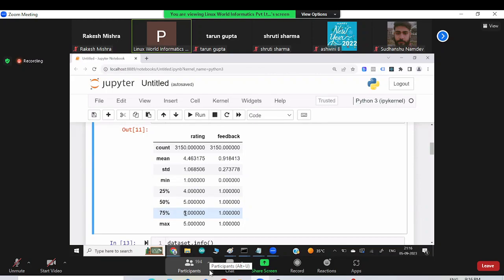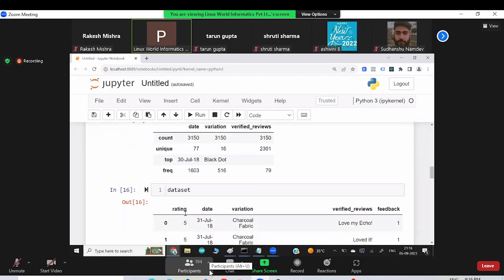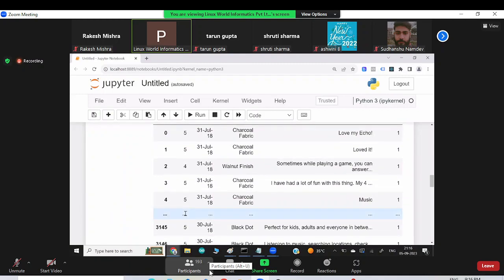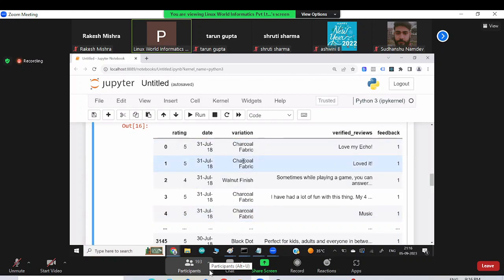But any data that is not in a structured format; these data are very much in structured format. For example, the spelling of charcoal fabric is the same everywhere. The rating is always a number everywhere.